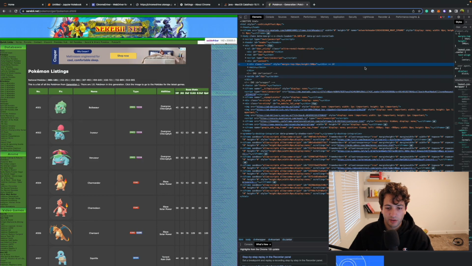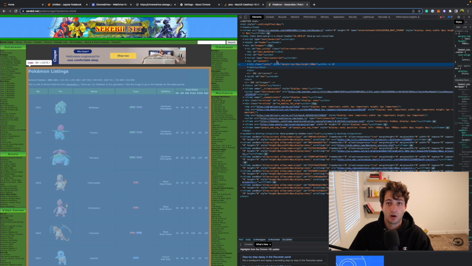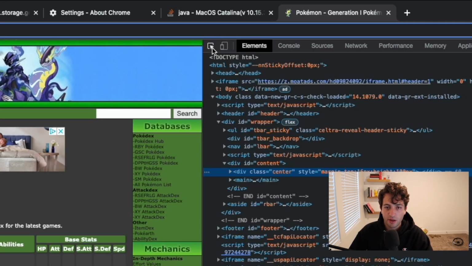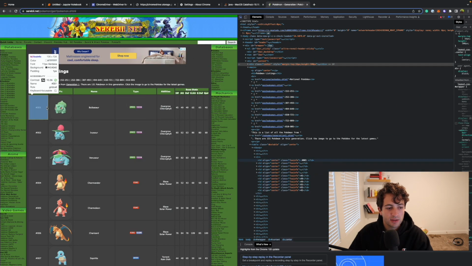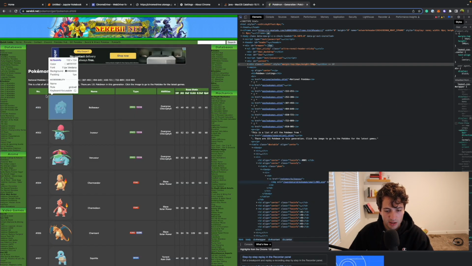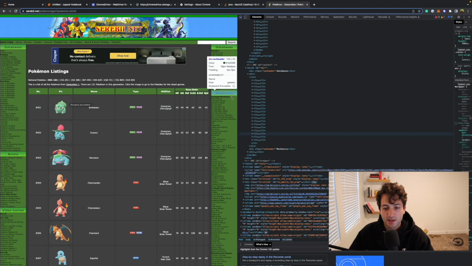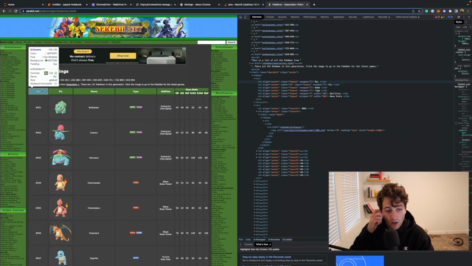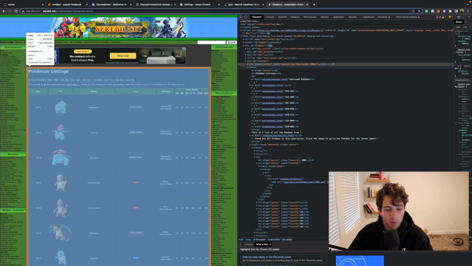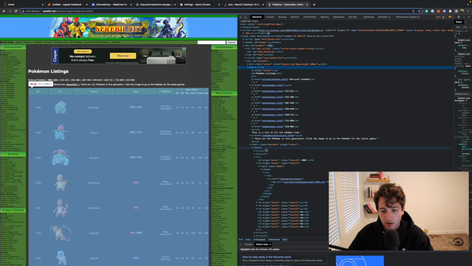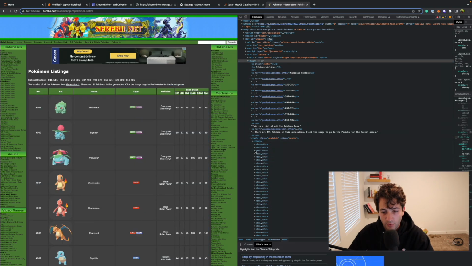then it'll bring up all of the HTML and CSS and JavaScript that's being run on that page. Then you can click on this arrow and box up here, this mouse pointer in a box. Click on it, and then we can see what the HTML and CSS is that's creating this page. It'll show over on the right side what's going on. So what we want to do is get this entire table, essentially. So let's see if we can find, so we click on it, it comes to main. So it looks like right here is the table, and it'll highlight it as you hover over here,